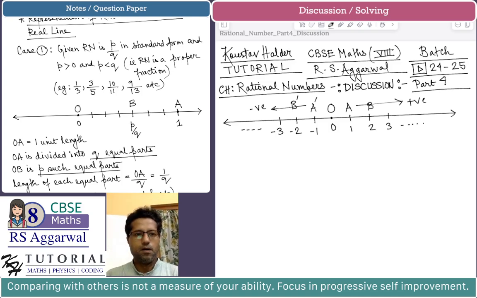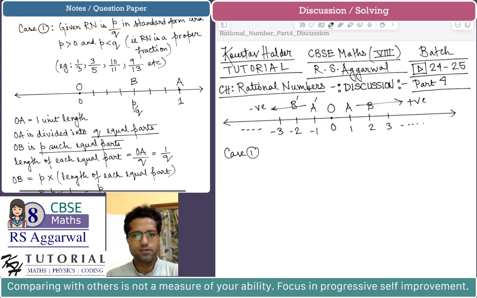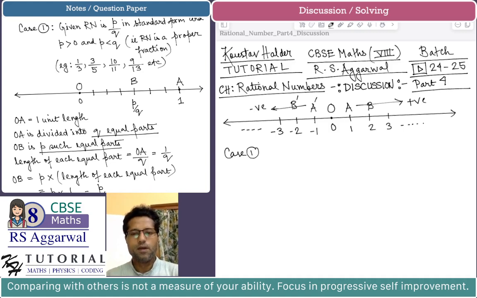Okay. So let's say we are representing the rational number. So this is case 1. You can also see the notes on the left hand side, and you can take a screenshot if you wish for your future reference. While I am talking and discussing, I will discuss based on my notes. So case 1 is where the rational number p by q is positive